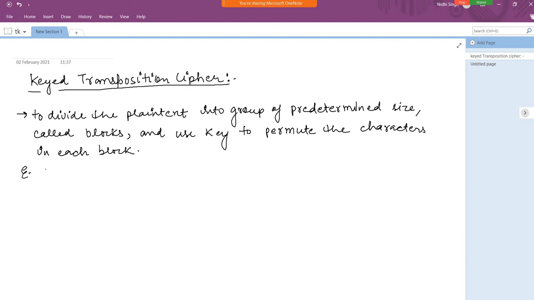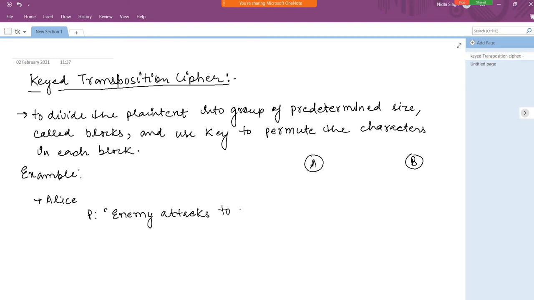For better understanding, I will give one example. In my example there are two entities involved in the communication: the first is Alice and the second is Bob. Alice wants to send a message using the key transposition cipher. The key used for encryption will be predetermined and fixed by Alice and Bob in a personal meeting. Suppose Alice wants to send the plain text: enemy attacks